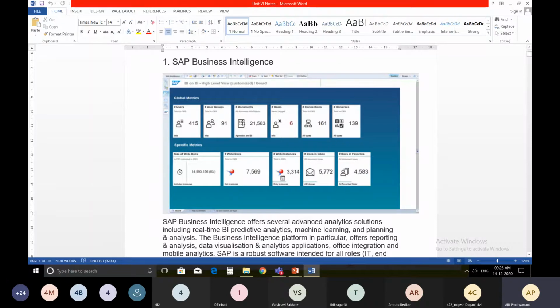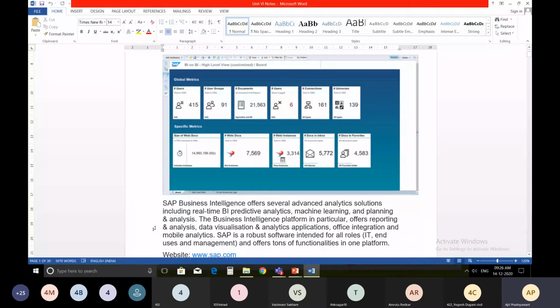As you can see on the screen, this is the dashboard of the SAP Business Intelligence, and this SAP Business Intelligence offers several advanced analytics solutions, including real-time business predictive analytics, machine learning, planning and analysis.